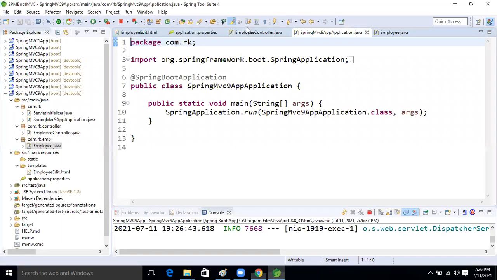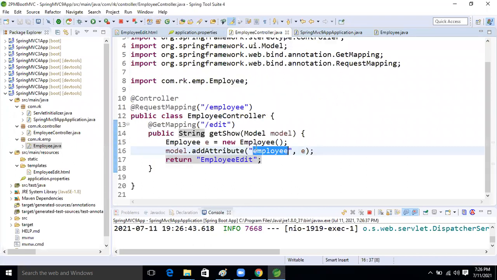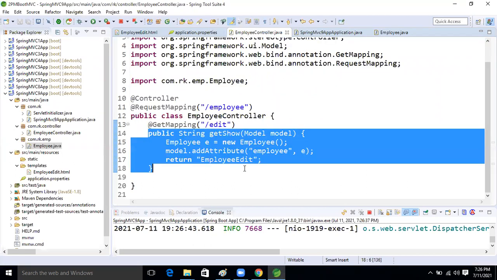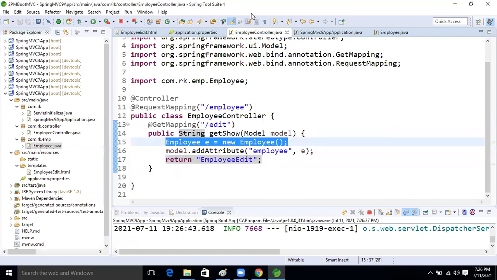So here, come here. Inside that we are writing the model memory. Please mute yourself, a little bit of disturbance is happening now. Okay, so here employee e is there, employee e equal to a new employee, right?